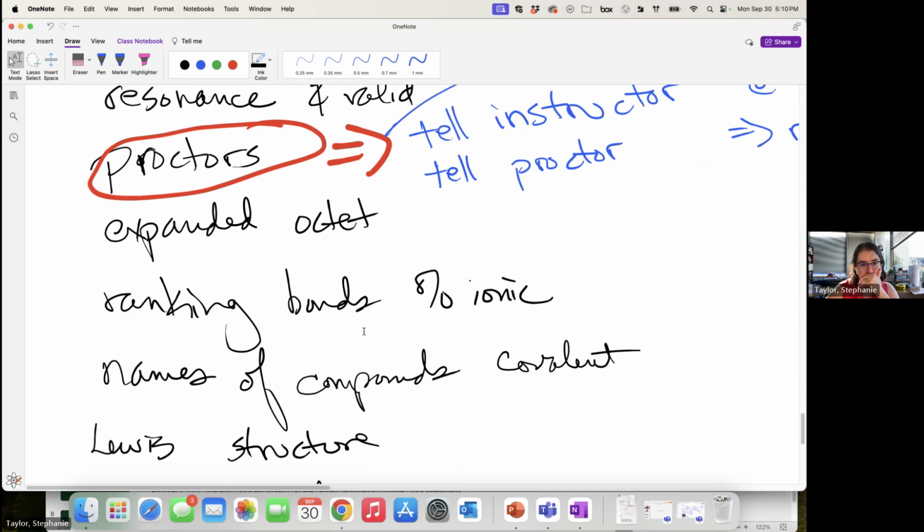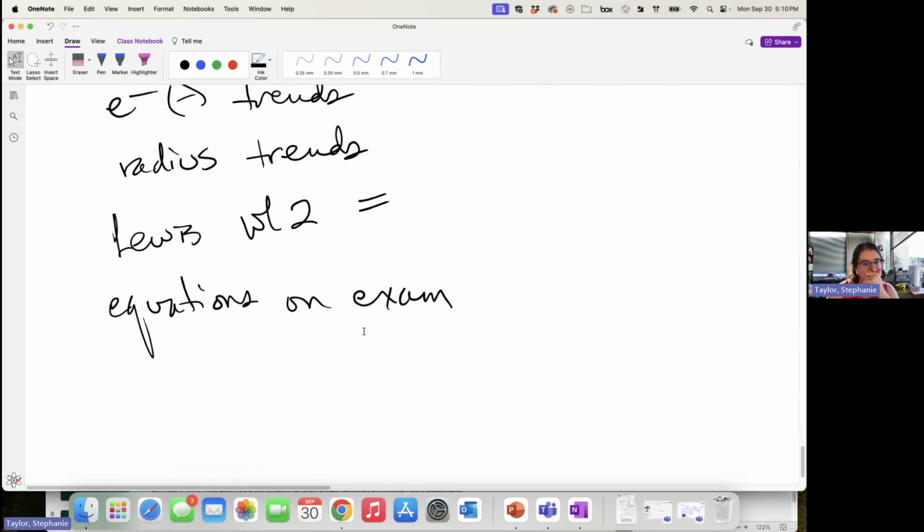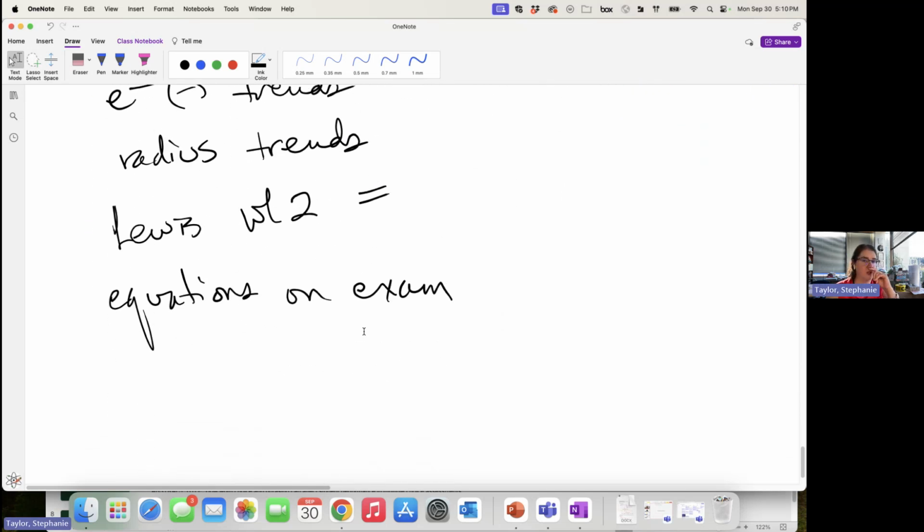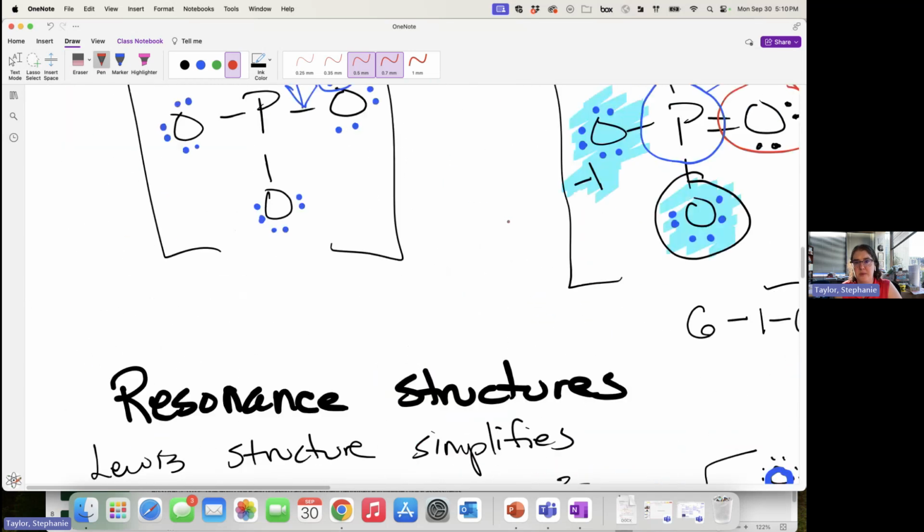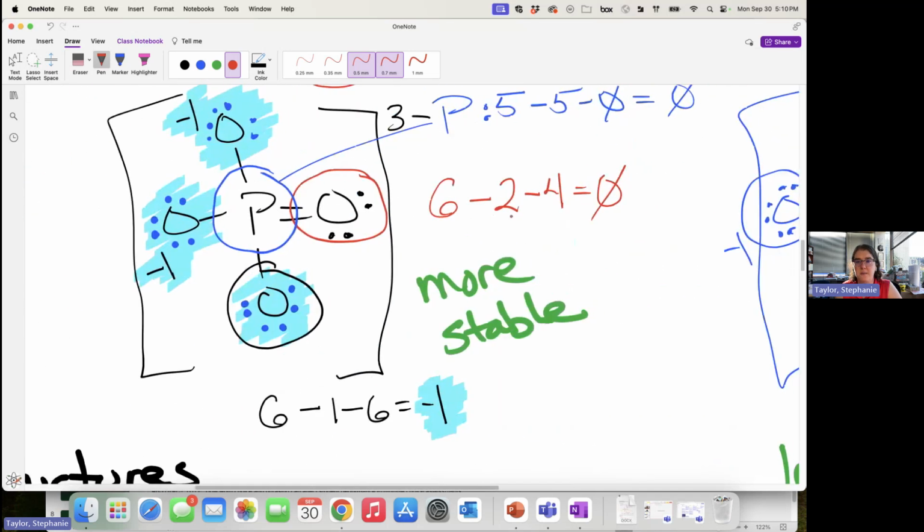Okay. Things I want to do now. First of all, I want to talk about the questions that came up about what we just did. So one of them was to talk about the Lewis structure that had the 2 double bonds. So going back,